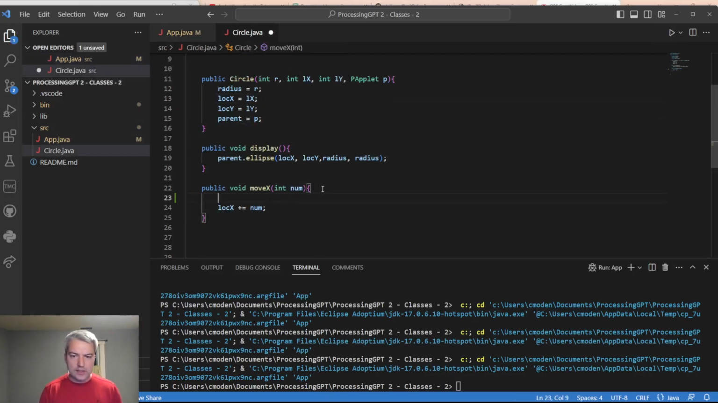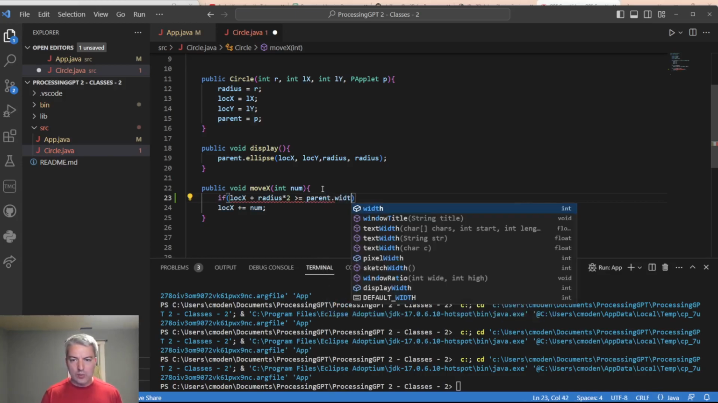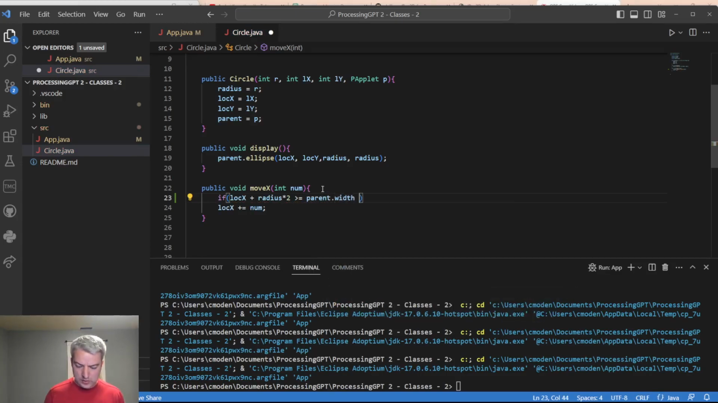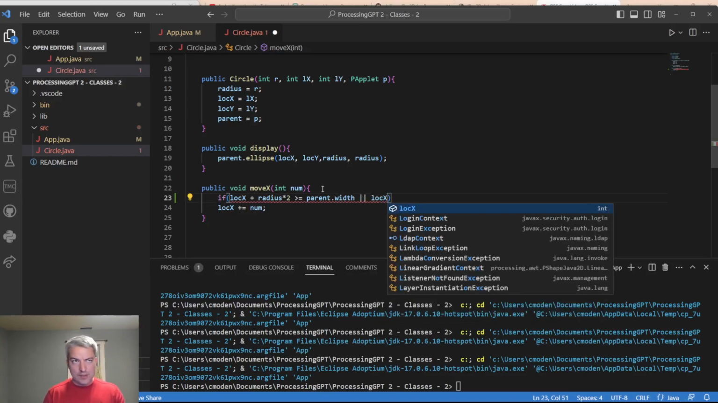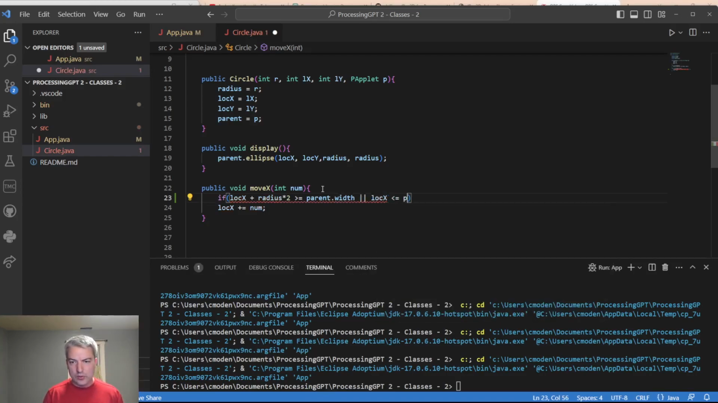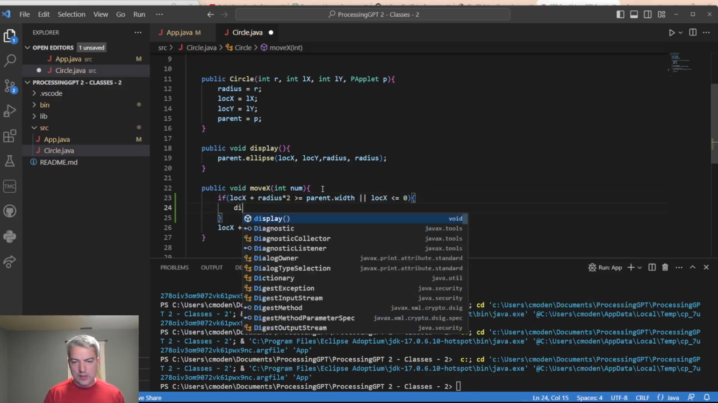I'm just going to check to see if, let's say, loc x plus, we need to find the width of our circles. That's going to be the radius times 2. So we're looking for the rightmost side of our little circle. We're going to say if that's greater than or equal to parent.width, the width of the screen, or if the left side of the circle, loc x, is less than or equal to 0, then we're going to say direction